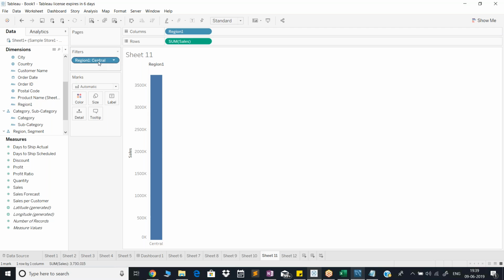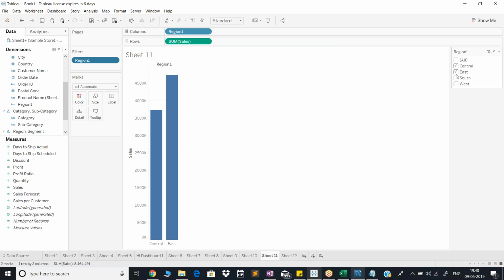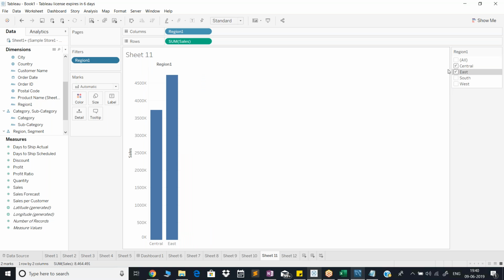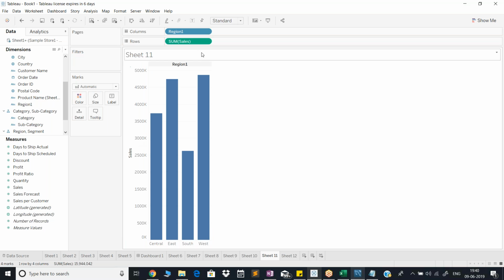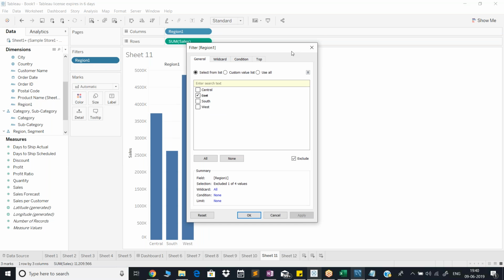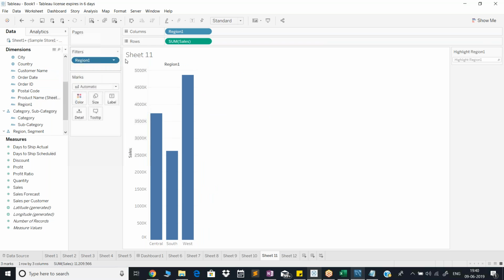What you can do is quickly right click here and say show filter. And all the filtering operations can come out here as a UI. You can just go back and say, hey, show east also for me. Show south also for me. Show west also for me. Or now you can just uncheck these. Now you're saying, hey, include south also, include west also. Or on the opposite, if you go back and say exclude, now go back and show the filter. So when you right click and show the filter,